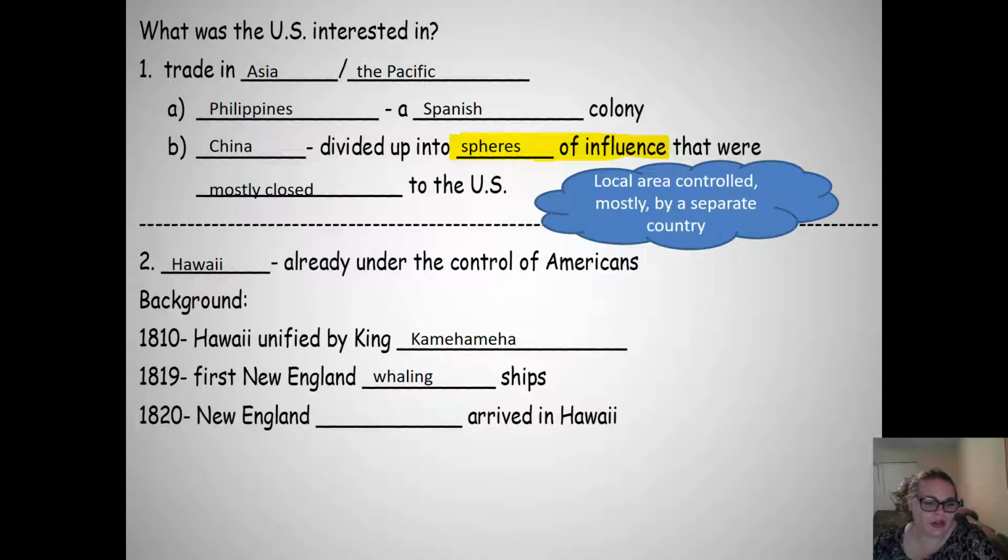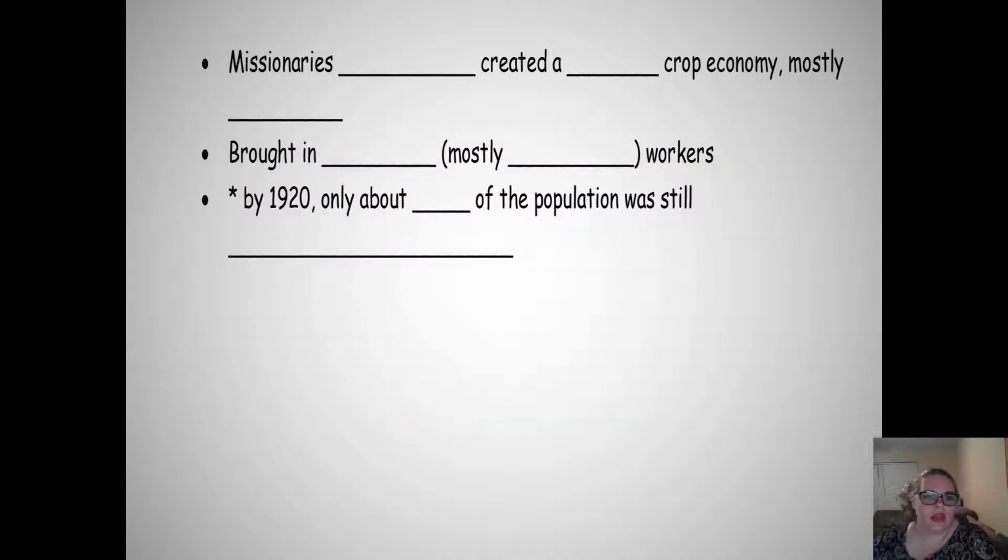And the Puritan streak in New England ran hard back in the day. And in 1820, less than a year later, New England missionaries showed up in Hawaii to start converting the natives to Christianity. Okay. Now, these missionaries, they're going to stay. They're going to bring their families. They're going to get married and have children. And their descendants are going to be less focused on making the natives Christians and more focused on making themselves money. So they create a cash crop economy in Hawaii. And the cash crop, you need to know, is sugar. Okay. Most people, when they think Hawaii, they think pineapples or whatever. But sugar was the cash crop.